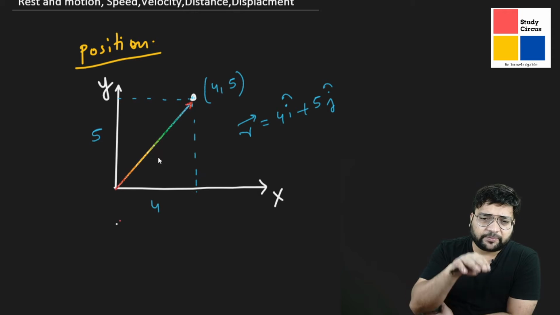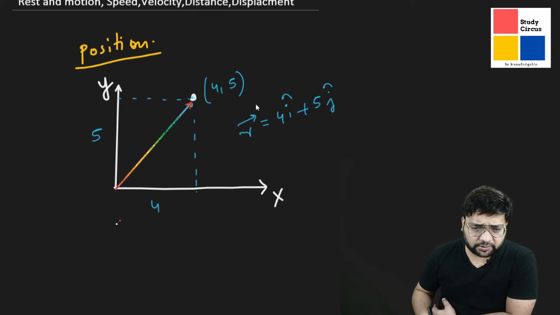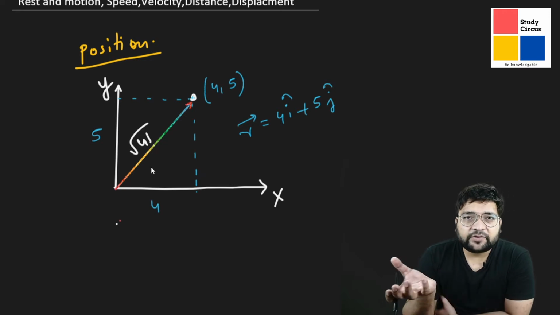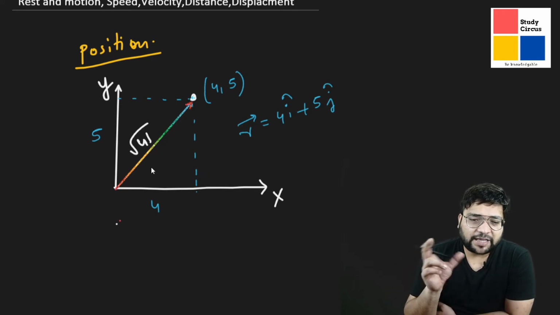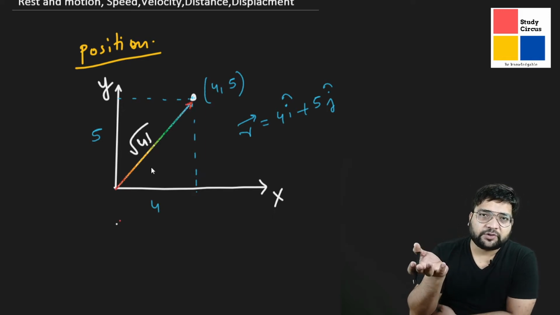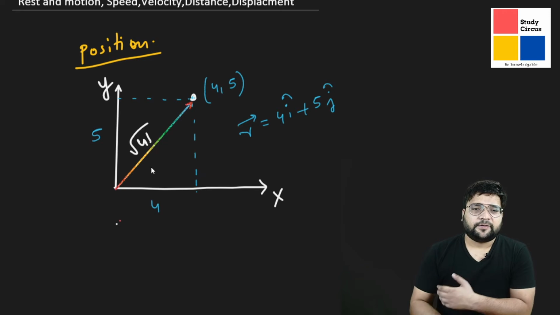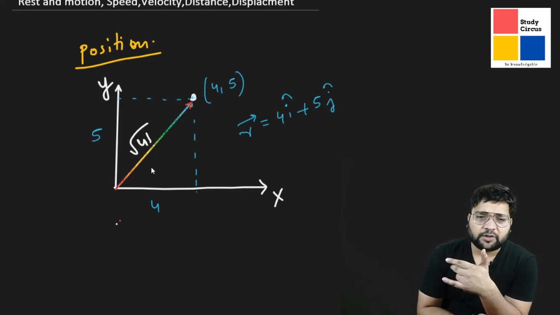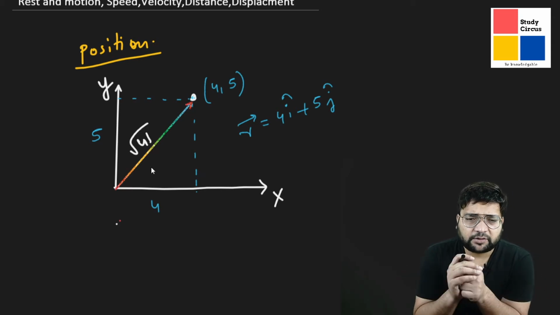We can simply find it using the Pythagoras theorem, that is 4 square plus 5 square. So this is equal to what? 16 plus 25 is 41, root of 41. So that is the length. If it had been some other physical quantity, let's say force, then the length of that vector will signify root 41 newtons of force if the unit is Newton. And if I want to split the force into its components, it is 4 along x and 5 along y. Any physical quantity, we have seen this in vectors already. Position is just a vector.